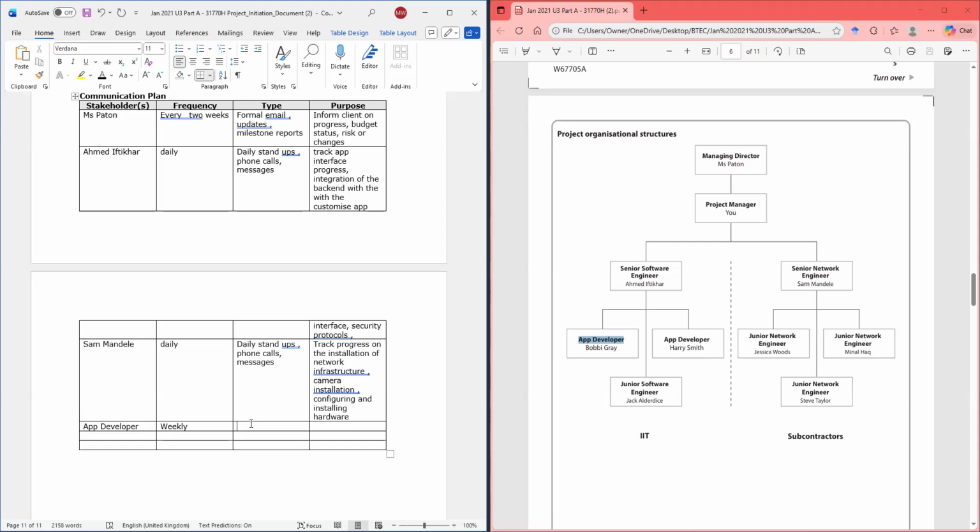The type would be huddles, and about task assignments.